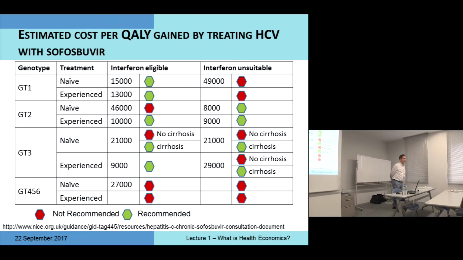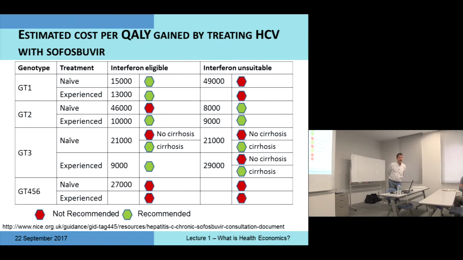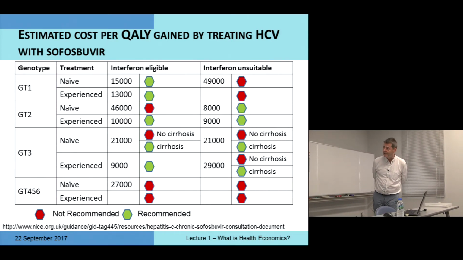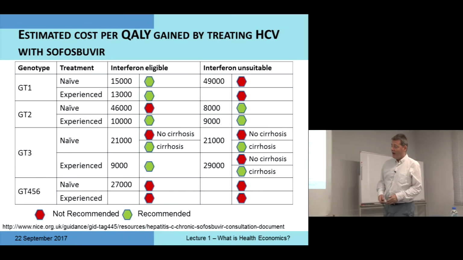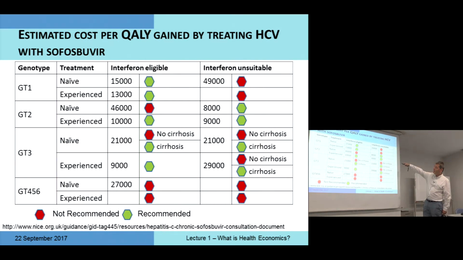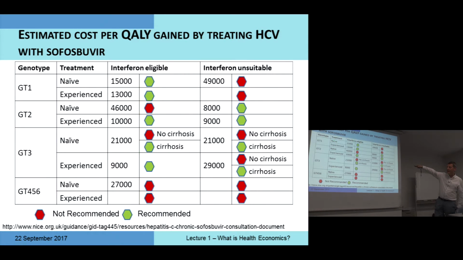Now, green, this is green for go, that's recommended. Red for don't do it. And let's have a look at this. So if we look at the, I won't go through them one by one, but just get a flavour of it. So genotype 1 was a large group in England. If you were naive to treatment,